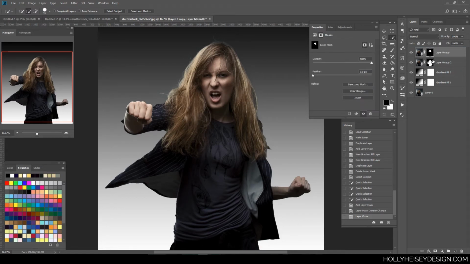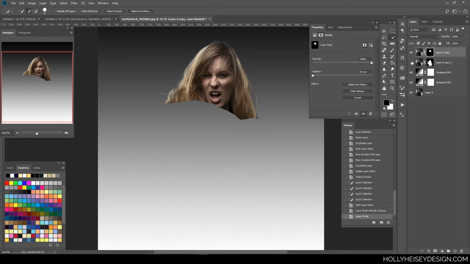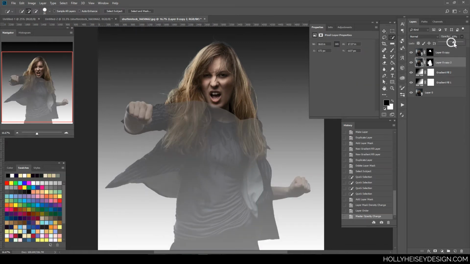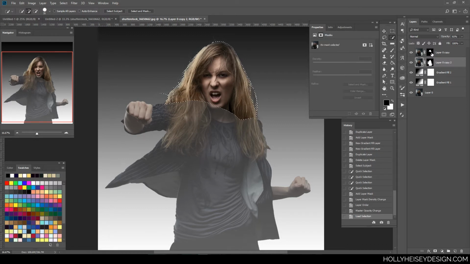For the hair, I am going to move that opacity down just a little bit to see where this layer and the one beneath it ends. And I'm going to control click on the top hair mask to select that, and Control-Shift-I to invert that selection. Now on my bottom layer,